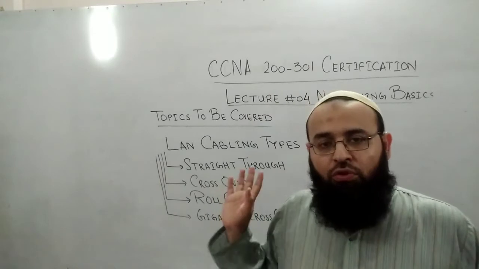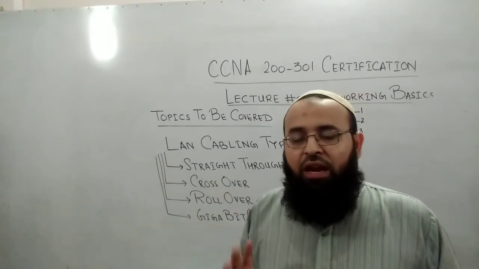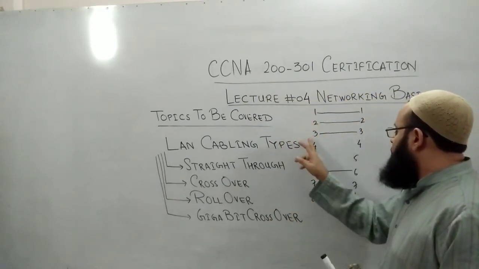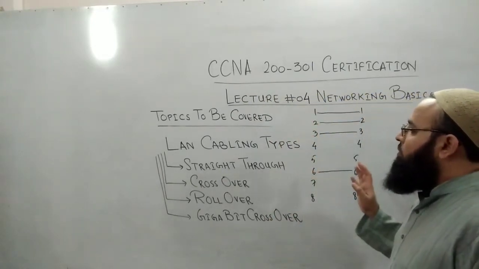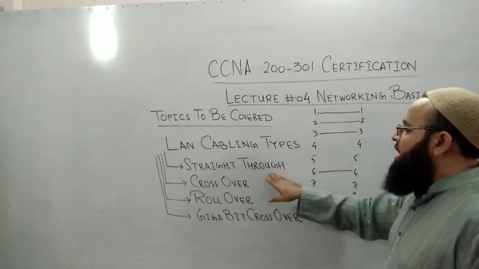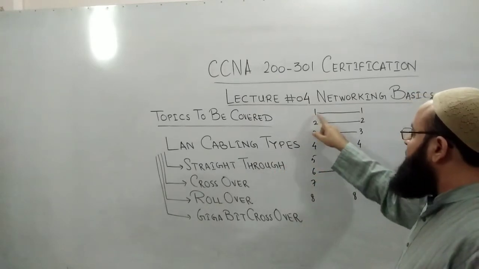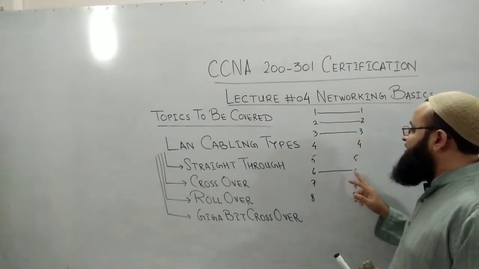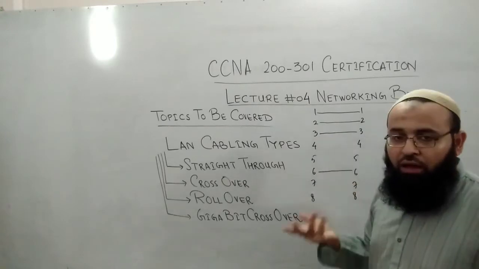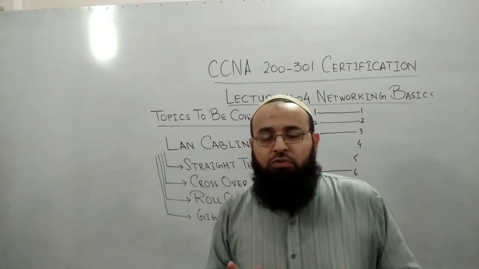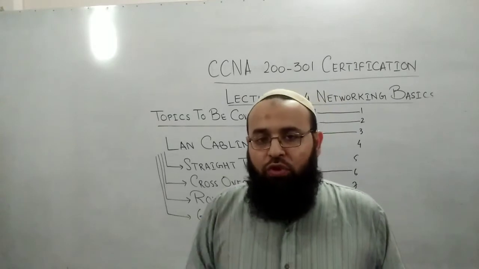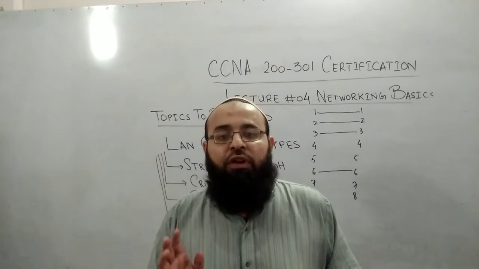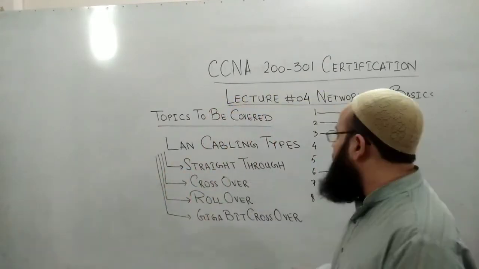So whatever connection you want to make on 4, 5, 7 and 8, that doesn't matter, because the data is only transmitted on pin number 1, 2, 3 and 6. So now it should be clear that a straight through cable just simply connects first pin to the first pin, second pin to the second pin, third to the third, and sixth to the sixth, and 4, 5, 7, 8 are unused. So now in what situation should we use a straight through cable? There is a very simple rule that you should bear in your mind about the different networking devices, which I am going to tell you over here.